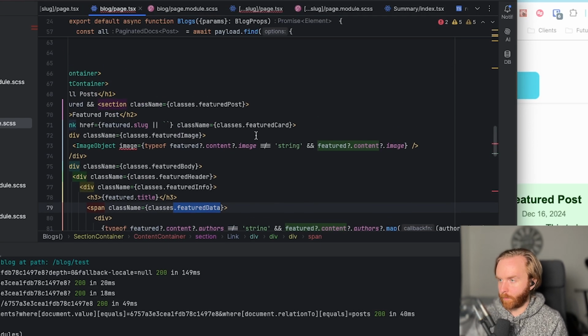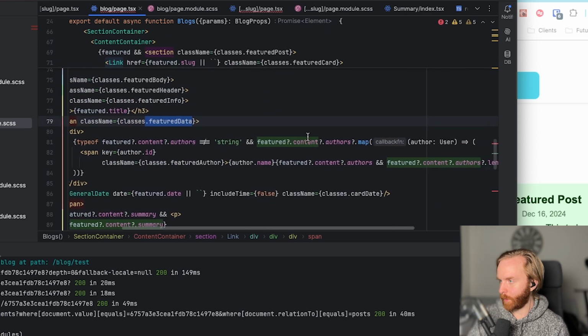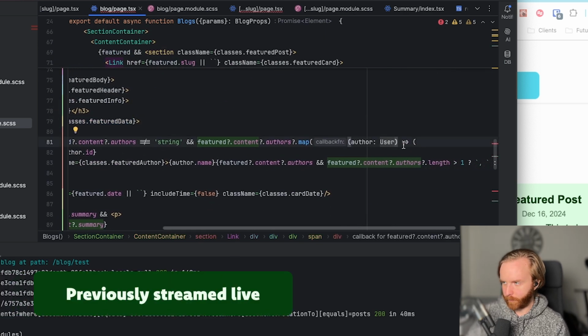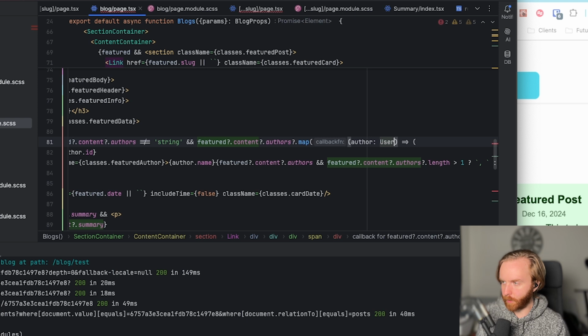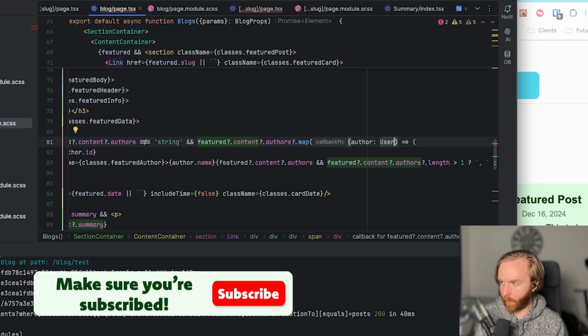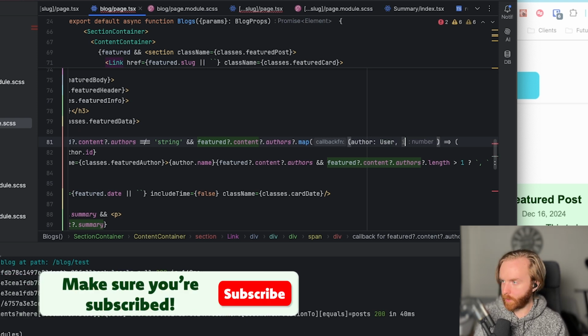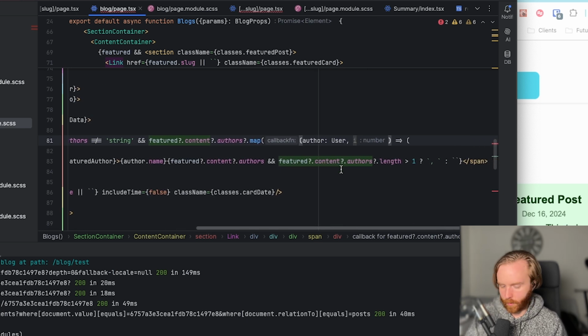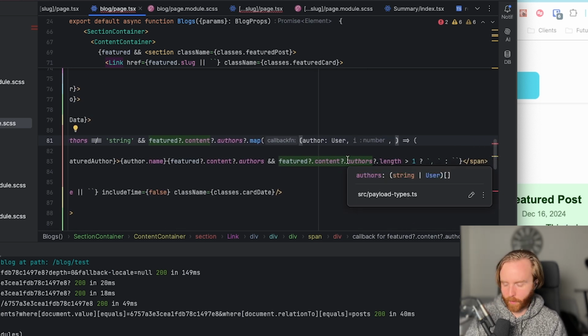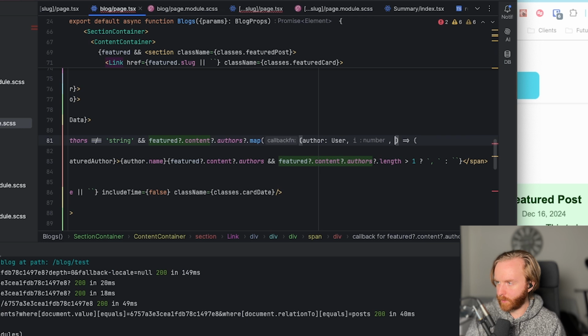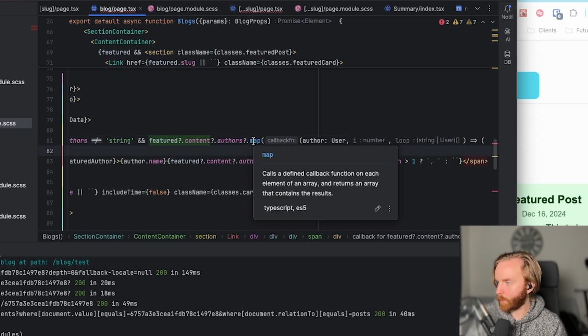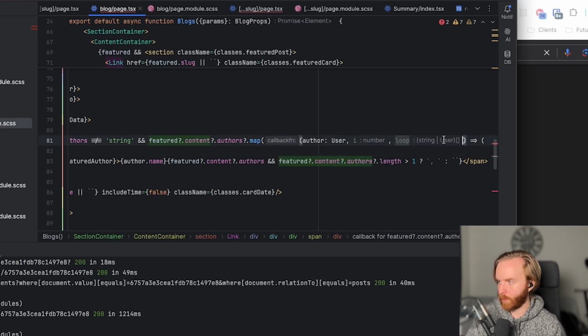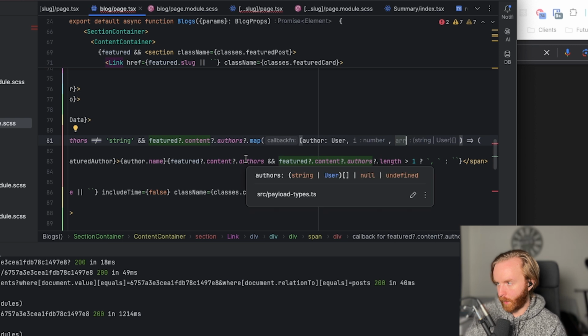And we're going to do that by coming to our authors. And we have our author, and we should be able to include our index. And then there's one other thing that we can add here. I don't remember what it is. What is that? So map comes back with what we want to do is we can just call this array. And then what we want to say is